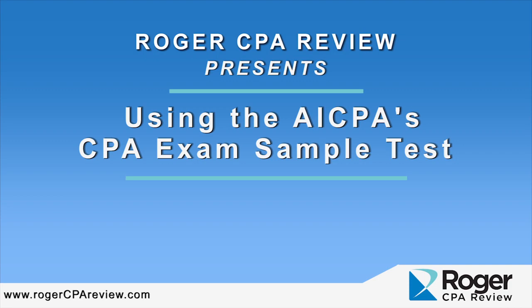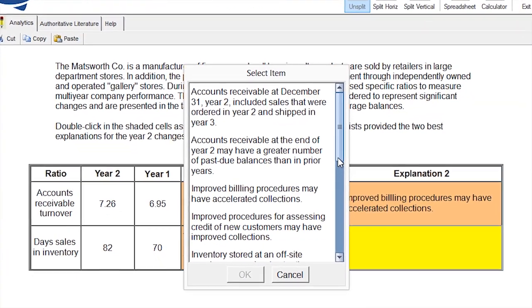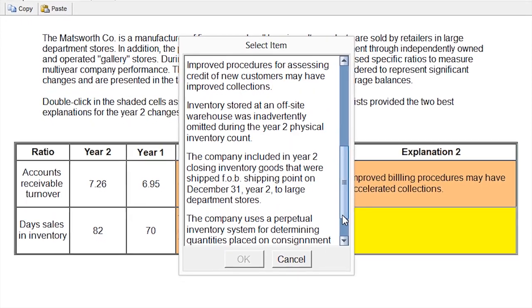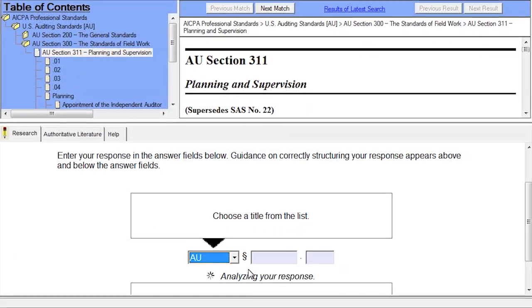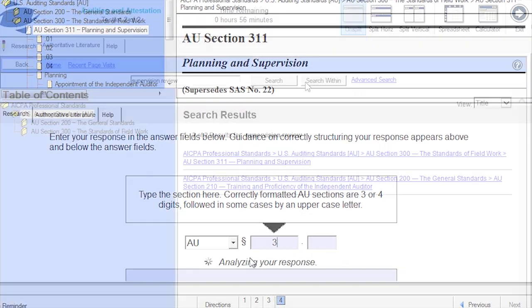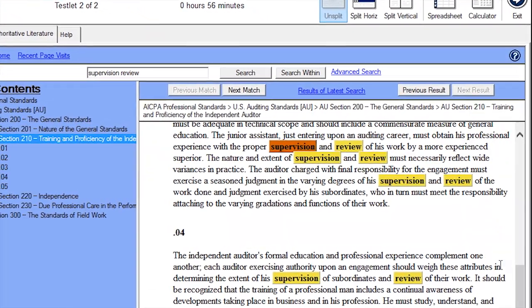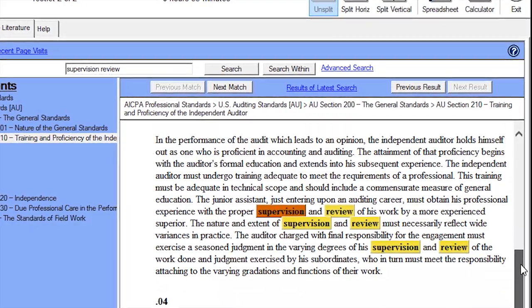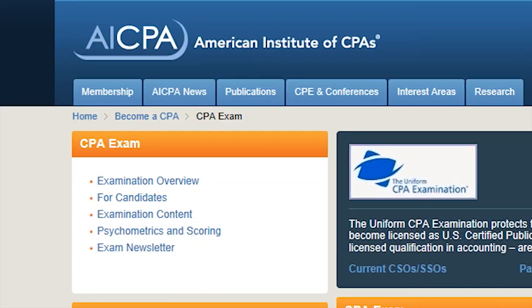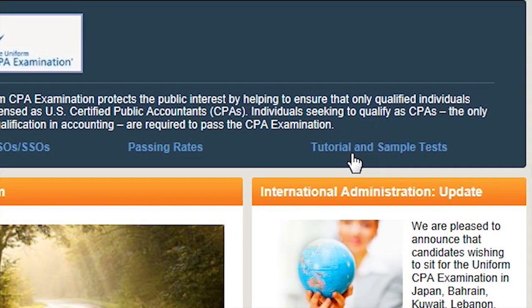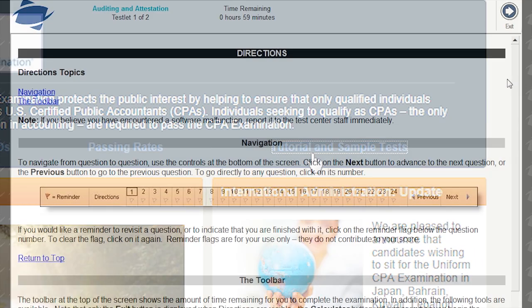Passing the CPA exam is an important milestone in the career of countless accounting professionals worldwide. Tackling this challenge, you will spend up to 400 hours preparing with review lectures and practice software. Before heading into your exams, Rogers CPA Review recommends setting aside time to run through the sample test provided by the AICPA. Doing so will not only test your readiness for your exams, but also provide a preview of the